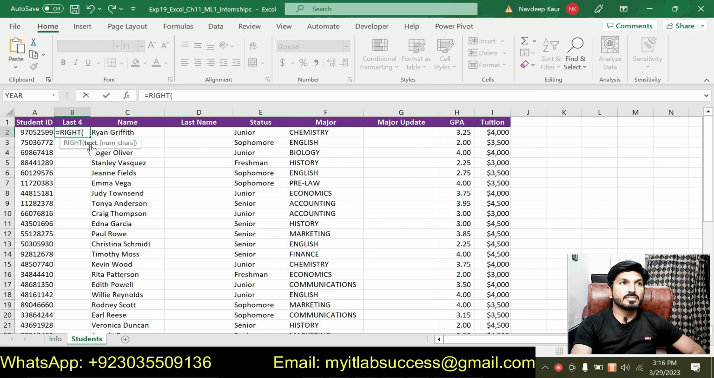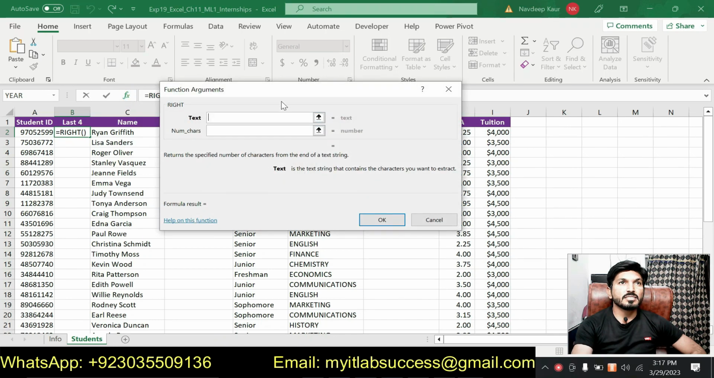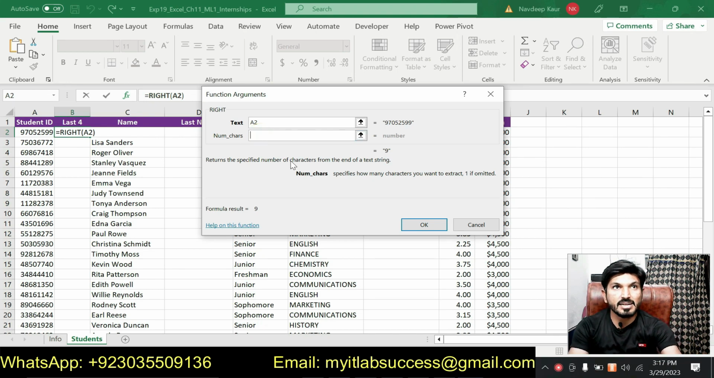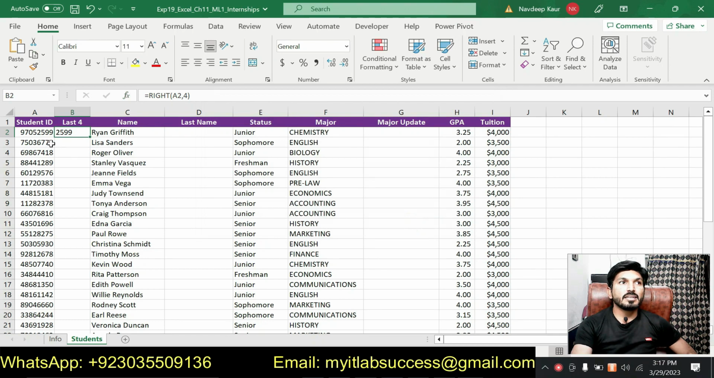So the text will be the student ID, that is A2, and then the number of characters, because we are supposed to extract the 4 digits. So the number of characters will be 4. So click on the insert function symbol. So select the text. The text will be this one, A2, because we are supposed to extract the 4 digits from the student ID, and we are supposed to extract 4 characters. So click on OK. You can see that the last 4 characters, that is 2599, have been extracted from the